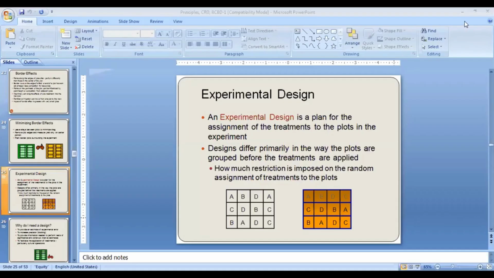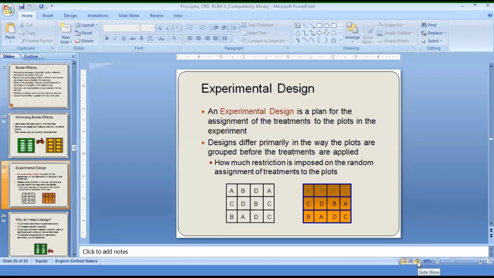We'll continue with our lectures on design and analysis of experiments. Up to last week, we have discussed the basic principles of design, and thereafter we said a little about the border effects, basically, right? Today we will see some of the basic designs, and also